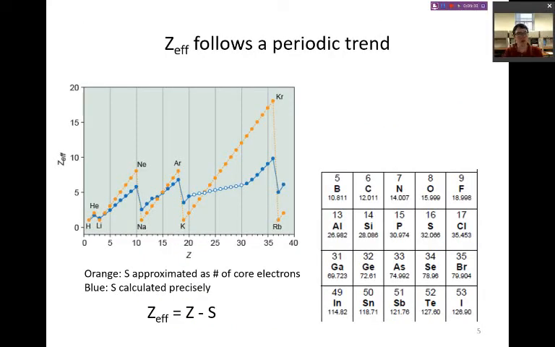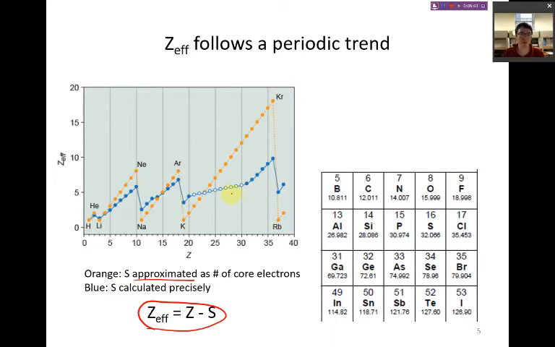Let's talk now about the periodic property of the effective nuclear charge. This figure here comes from the ebook, and it shows the approximated value of effective nuclear charge in orange as calculated here using this equation. The blue uses much more sophisticated calculations using computers and accounting for the electron-electron repulsion within a shell to calculate